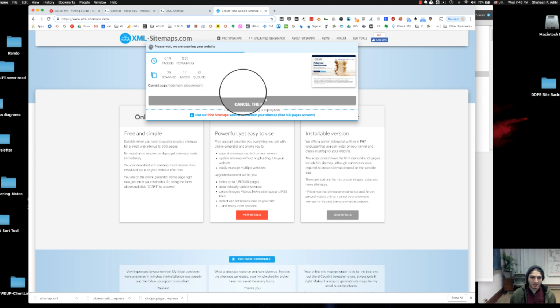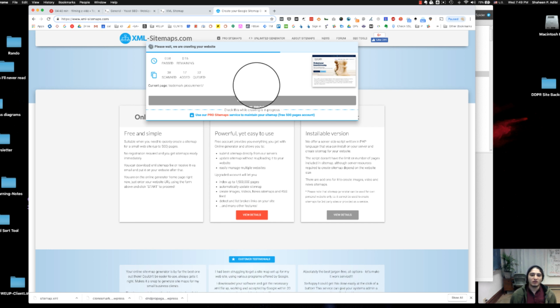And for smaller sites, it's free. And of course, they have pro plans, so check those out if that's of interest to you. But if you just have a small site and you really quickly want to get a sitemap made, that's the way I'd proceed. If you're dealing with Shopify or BigCommerce and most other tools out there, they're actually going to